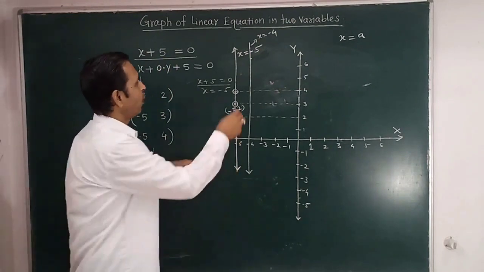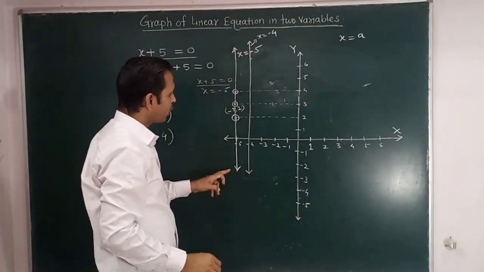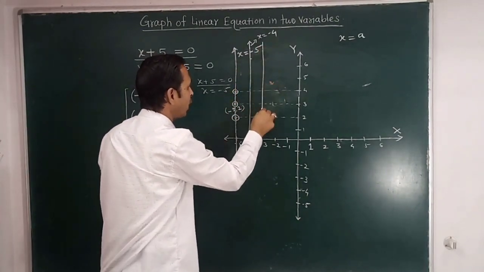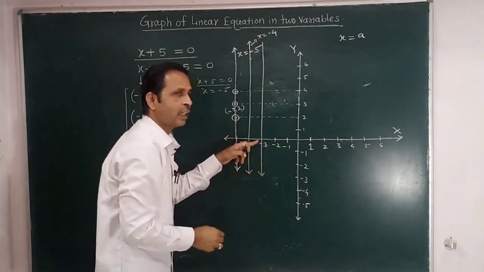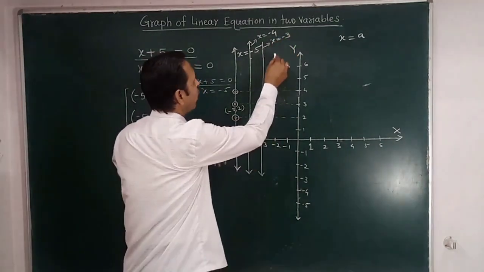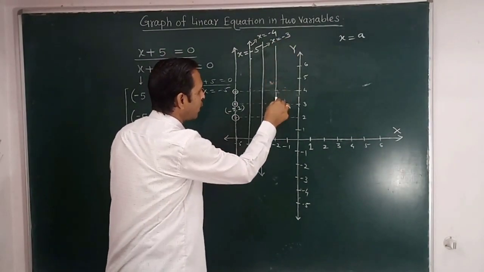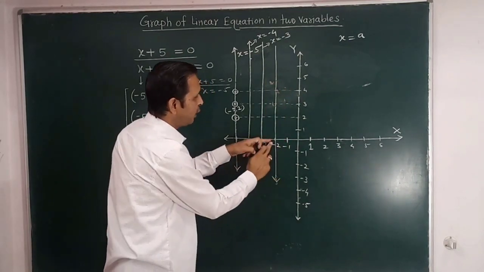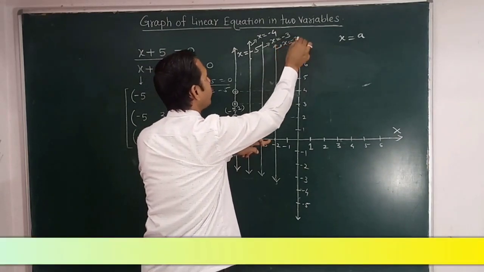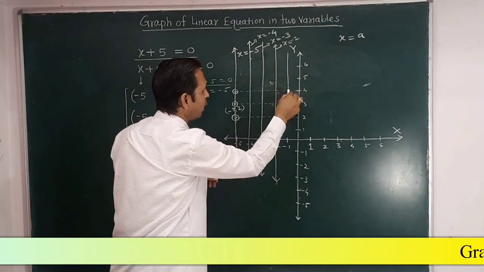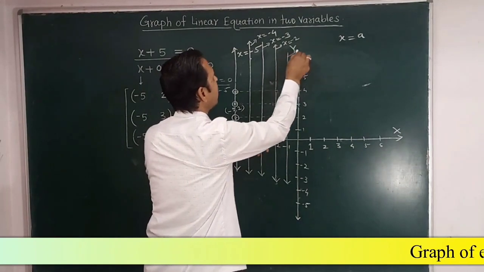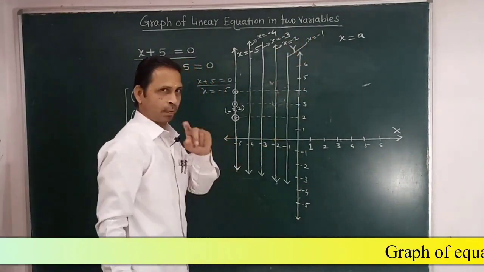See here. According to this equation, we can easily find out. Again, when we draw the line parallel to the y-axis and passing through the minus 3 point on the x-axis, the equation of this line is x is equal to minus 3. Then again draw the line parallel to the y-axis passing through the minus 2 point on the x-axis, then the equation of this line is x is equal to minus 2. And again draw the line parallel to the y-axis passing through the point minus 1. The equation of this line is x is equal to minus 1.